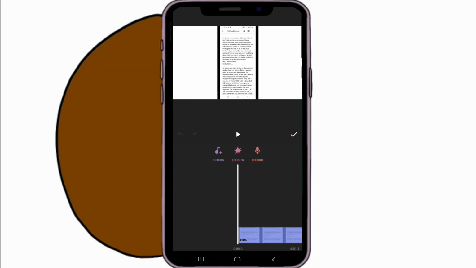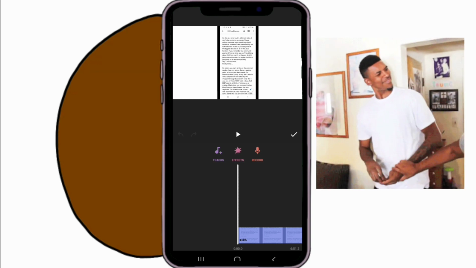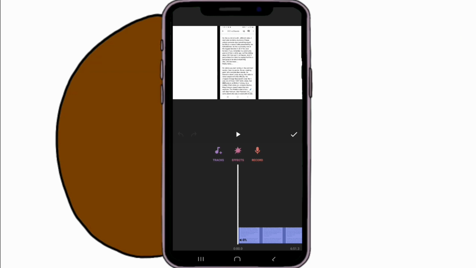So what I'll do is you can see down here it says 0%. That's because I muted it, because I don't need the audio in this clip here. I need the audio from the clip, but I don't need the audio in the clip, if you understand what I mean. Here, I'll just show you.